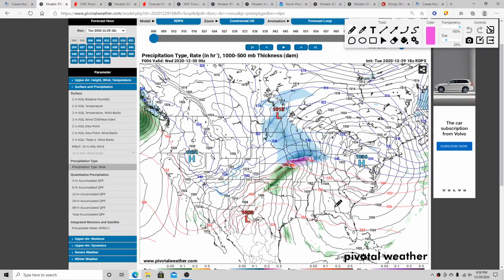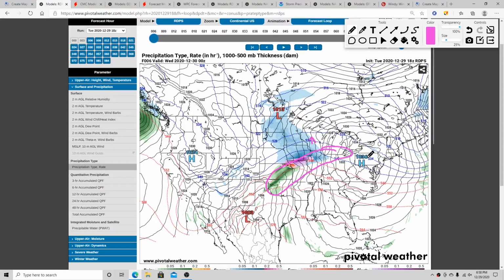Today we'll be tracking a system that could bring in a lot of issues, like possibly an ice storm, a winter storm across these regions right in here, especially a little bit further north. We could also see flash flooding potential across some of these regions right in here that could see a lot of rain, and also the severe weather potential that could happen across some of these regions right in here as well, and maybe including portions of these areas as well. We'll be talking about all these in this video, but first, let's take a look into my snowfall forecast for